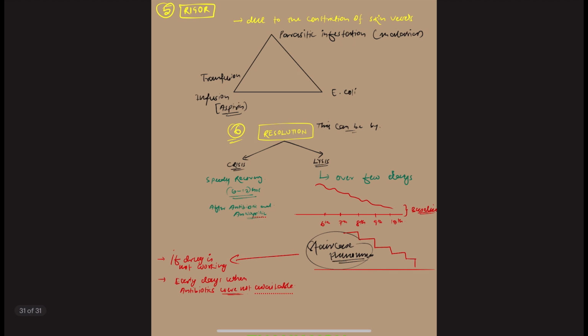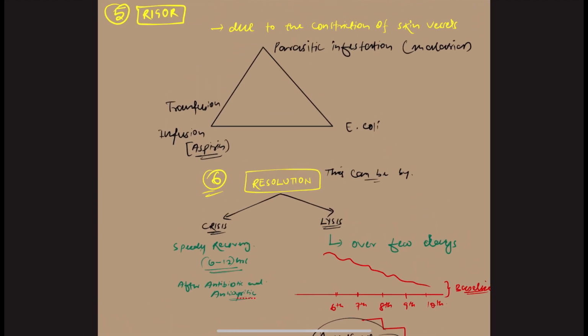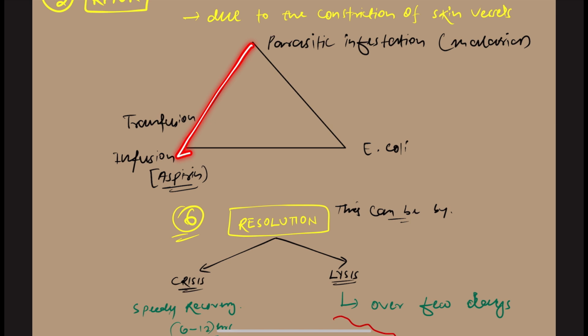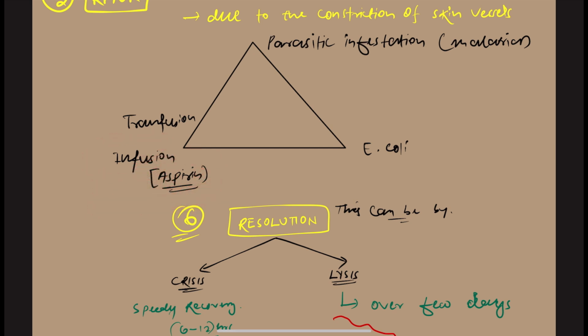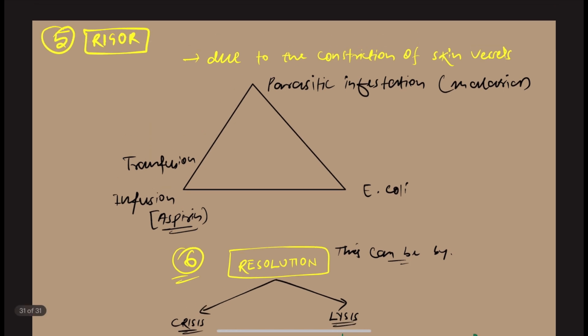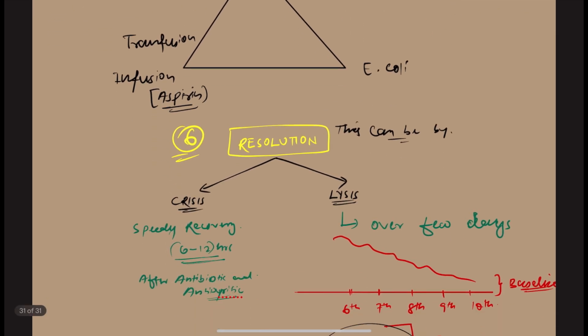Okay, now coming to the next question, that is the rigor due to the constriction of the vessels. So rigor, what is rigor? It's a condition which occurs due to the constriction of the skin vessels. So basically, this is a triangle to show the three parameters. That is the parasitic infestation in case of the malaria infection, and the Escherichia coli, and this is the transfusion of the blood, and the infusion of the antibiotic, पायरेटिक ड्रग्स, एस्पिरिन। तो इसको इंजेक्ट करने के बाद राइगर देखने को मिल सकता है।